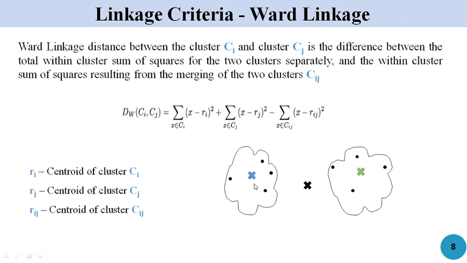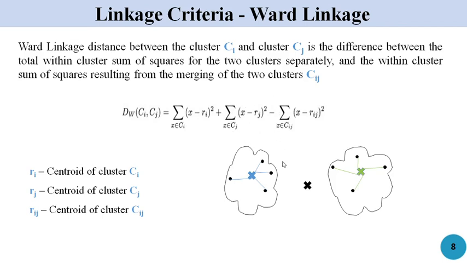The first thing that we will do is find the distance of every data point in cluster 1 to its cluster center, then find the square of the distances and add it up. That will be represented with the first term in the distance measure. The same thing will be repeated with the second cluster. We will find the distance of each data point in the second cluster to its cluster center and then square all the distances and add them, which will represent the second term in the distance measure.